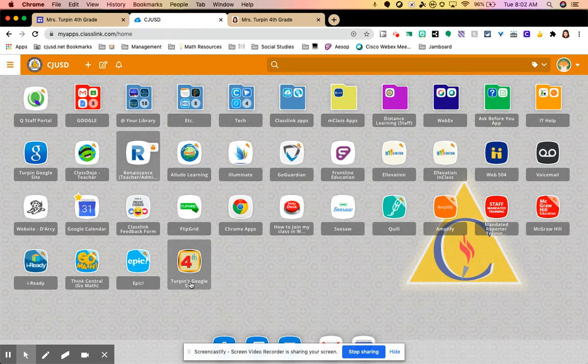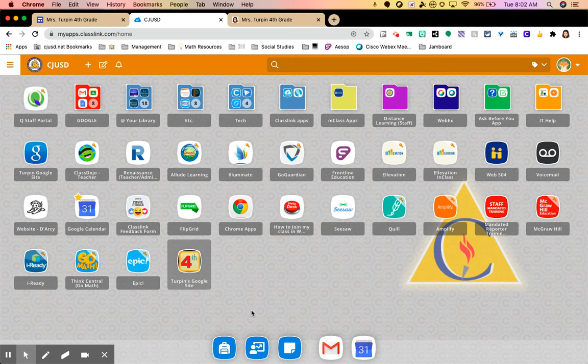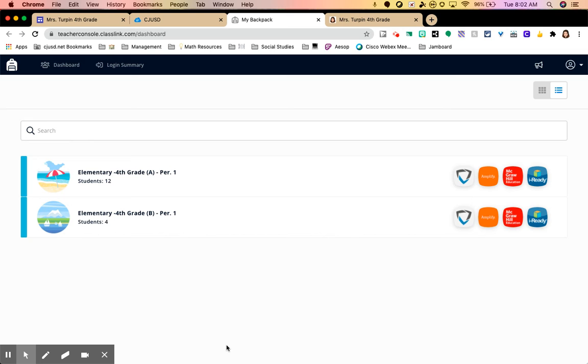But to do that, this is on my dashboard. This is not on my students' dashboard just yet. So to be able to do that, I am going to show you that you need to click on this backpack here, which is called the Teacher Console. So click on that. And everything that you add onto this My Backpack Teacher Console area is what the students will see. So you'll click on your class,